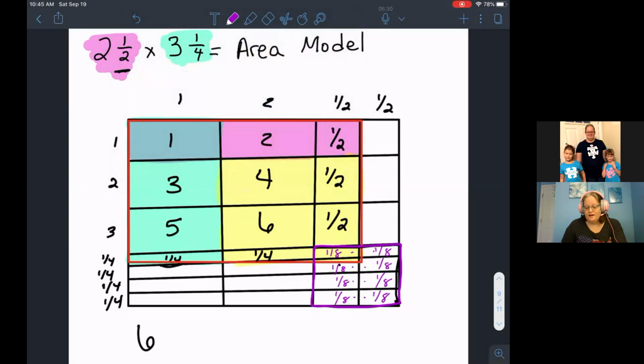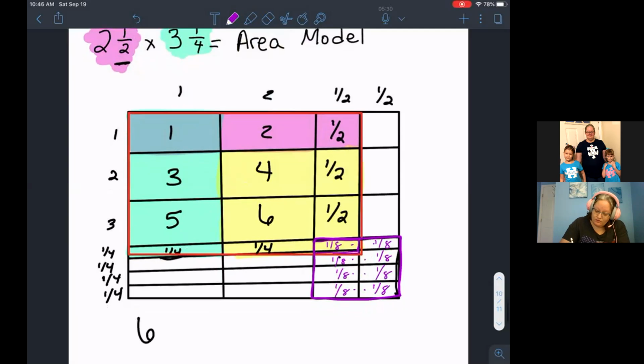That would all be 1/8. So the only one that's included in our area is the 1/8. So what we got is we have 6 plus, all right, so we have, no, this is 1/2 and this is 1/2, so that equals a whole. So that would be plus 1. And then we have 1/2